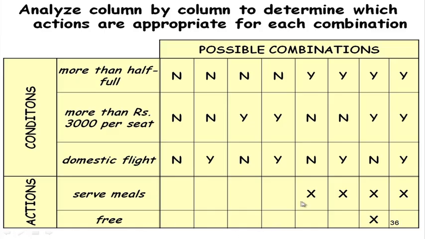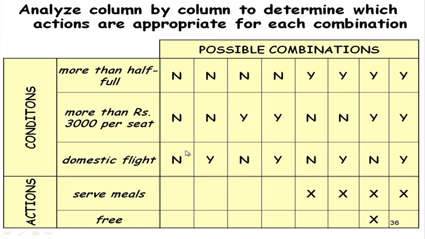So, a meal is served free only when it is more than half full, more than 3,000 per seat, and it is not a domestic flight. But meals are served when it is more than half full and it is not a domestic flight, and ticket cost is not more than 3,000. And if it is more than half full, more than 3,000 per seat, and it is a domestic flight, then meals are served, but that is not a free meal. And then each of these becomes a test case. So, we would require 1, 2, 3, 4, 5, 6, 7, 8. So, for n parameters, if each one is a Boolean parameter, we need 2 to the power n test cases,